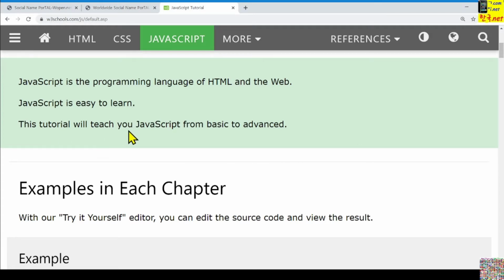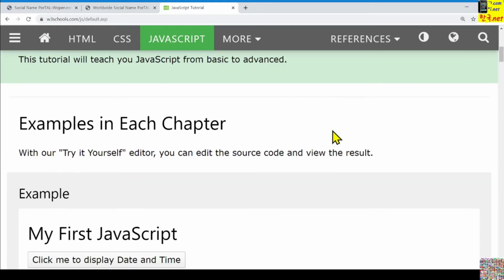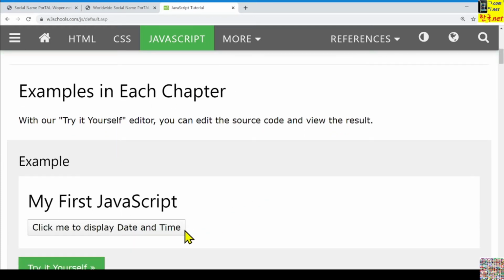Okay, this tutorial will teach you JavaScript from basic to advanced, and this one is explaining the structure or organization of this tutorial. There are many examples, in each chapter there are some examples, and also we'll use this Try it Yourself editor.